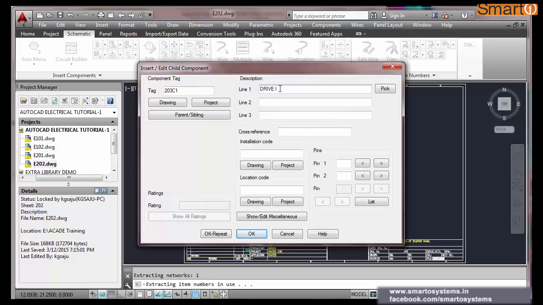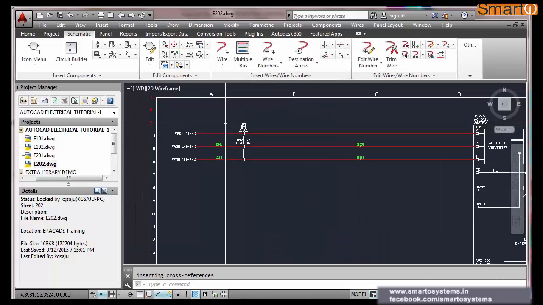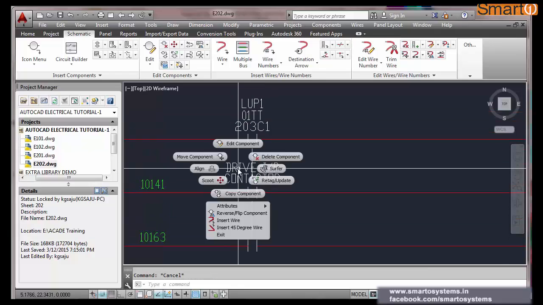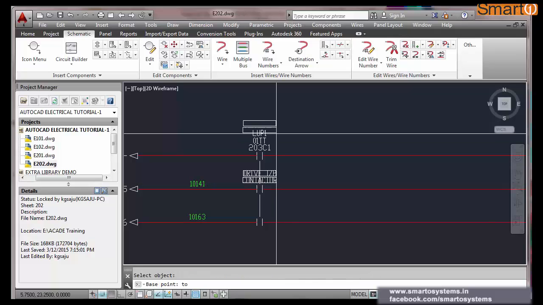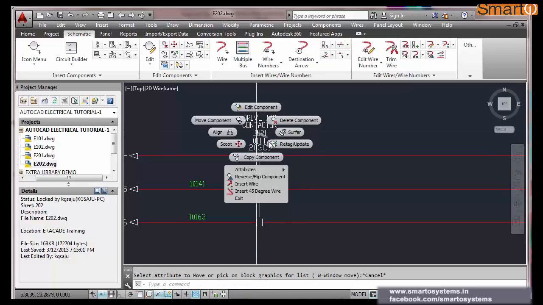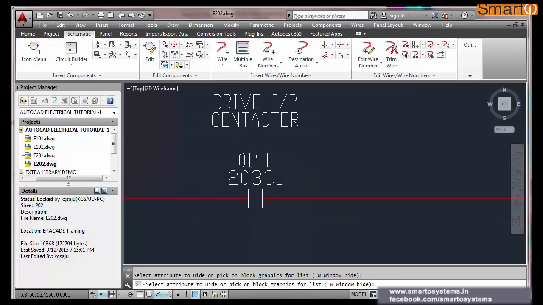Drive input contactor. Installation is line of 1. Location 01 TT. Okay. Drive input contactor. I can move these attributes. In fact, I don't want to hide. If I want to hide these two, I can.